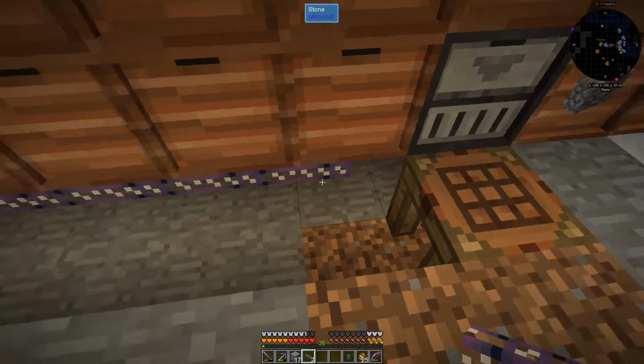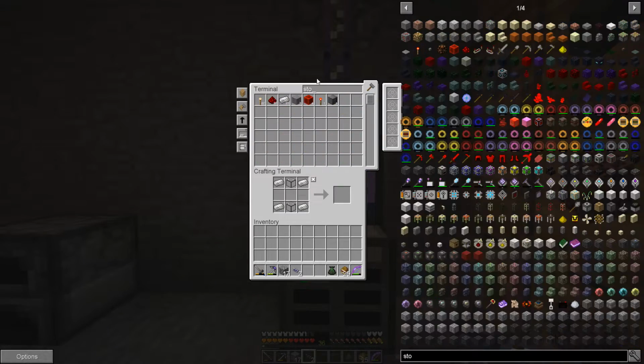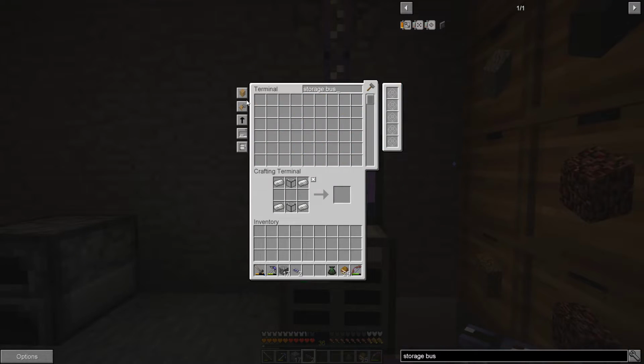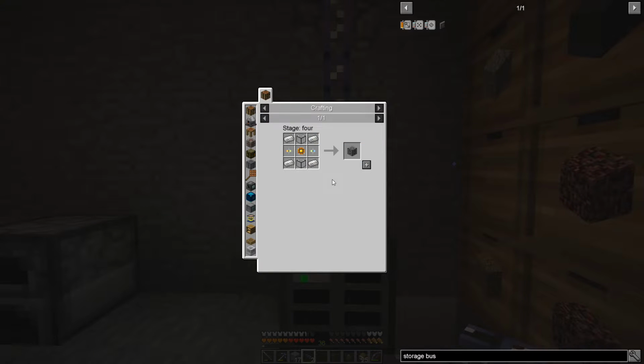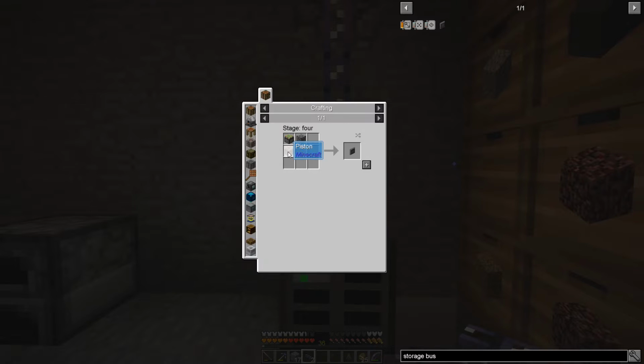And we're going to go, we probably will have enough. Let's see if we can make, so it's called a storage bus. By the way, I've linked this thing to JEI synchronized mode, which is amazing. I love it. So we need an ME interface. We can actually make one of those. Very nice. Okay, and then we just need,